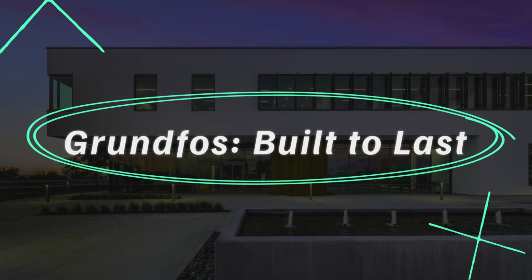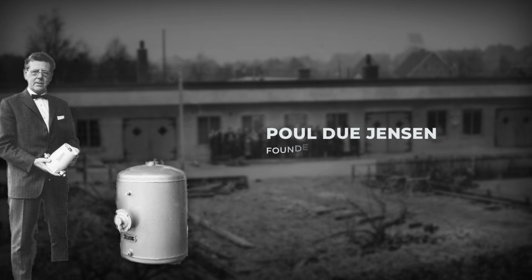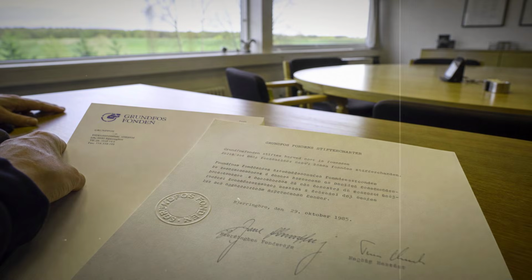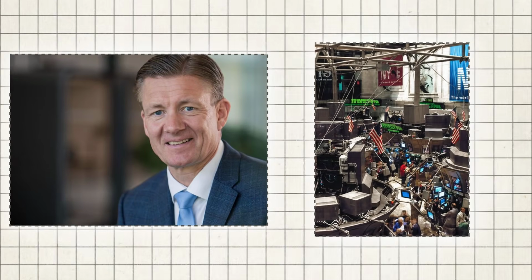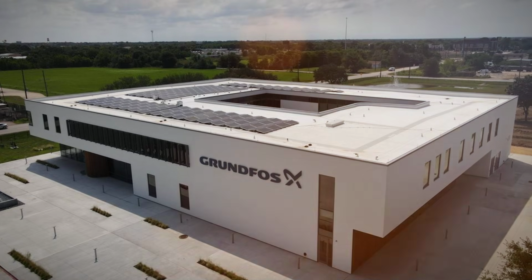The 5th name is not American at all, and it earns its place anyway. Grundfos was founded in 1945 by Poul Due Jensen in Bjerringbro, Denmark, and it is not owned by shareholders. It is owned by a foundation. Around 19,000 employees build more than 16 million pumps a year. That ownership structure is not a technicality. A foundation-owned manufacturer answers to a charter instead of to a quarterly earnings call, and you can see where the